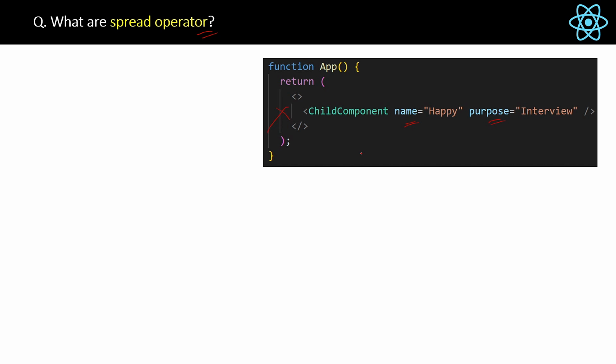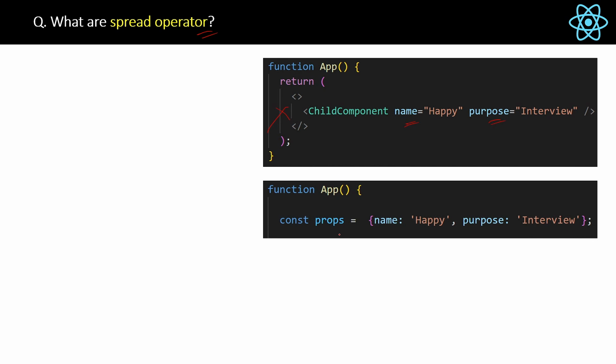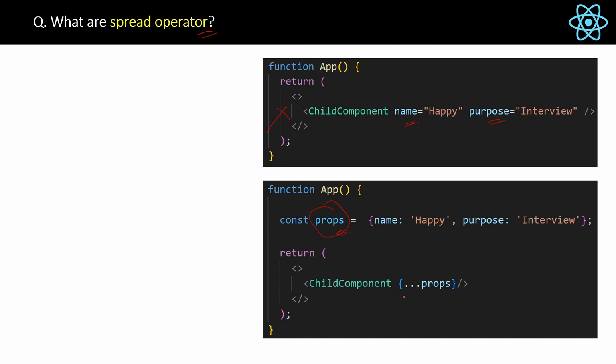So at that time we will create a props object with all the properties like this outside the return statement. You can put any name for this object. I put props here. And then use the spread operator to pass them down to the child component like this. You can see these 3 dots are called the spread operator. They are doing nothing, they are just spreading, or you can say expanding, this props or any object. This is just a shortcut way of writing, but internally it is the same.